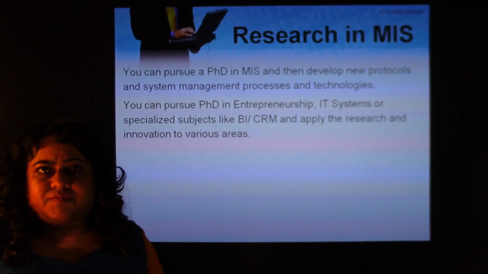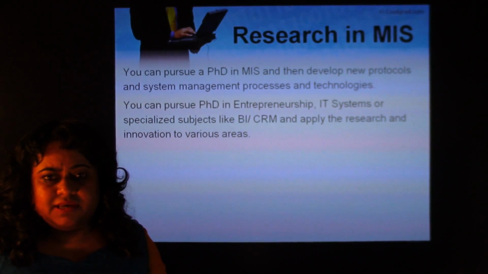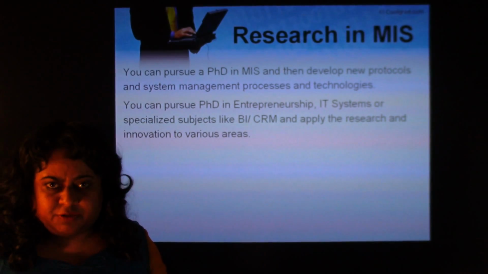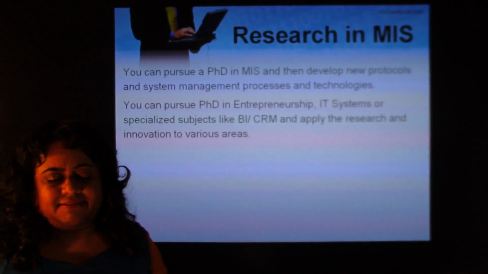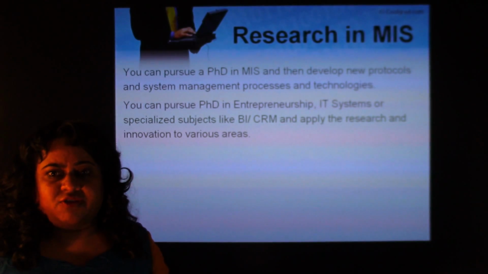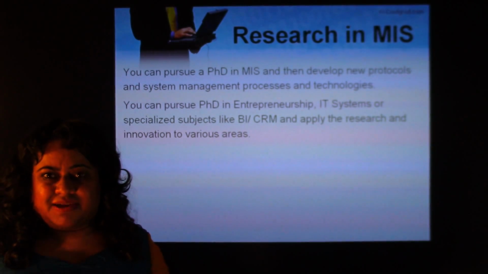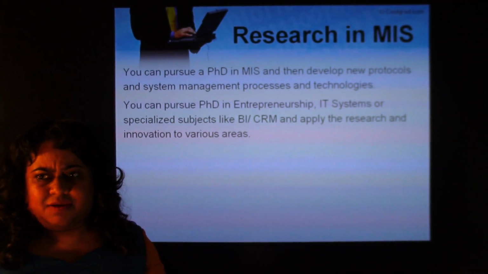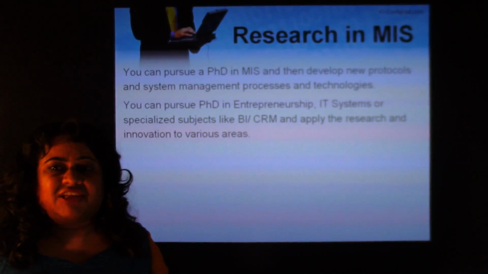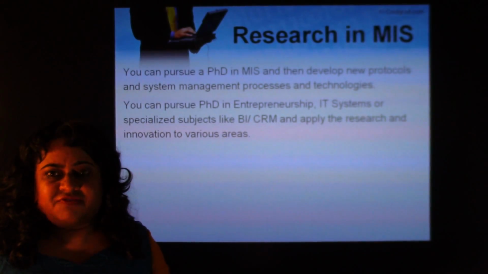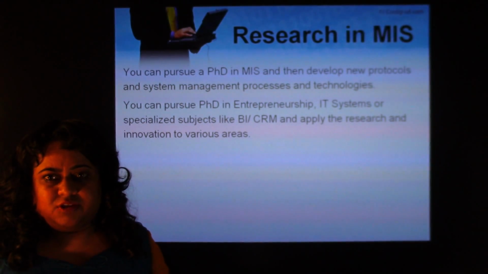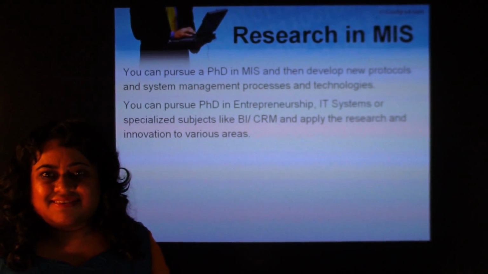A lot of people do get funding in MIS programs. Some people get full funding, some get partial funding, some don't get funding. It depends on your experience, your exam scores, and things like that. MIS is a very interesting course, very useful. You learn a lot about management, communication, technology, database. You learn so many different things, and also software IT tools. So it's actually a cool course, and it's a very good program. So think about it, and I hope you make the right decisions. Thank you.